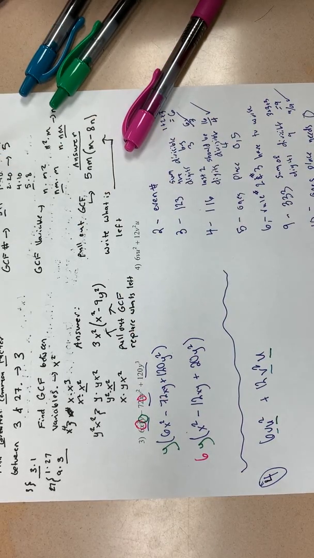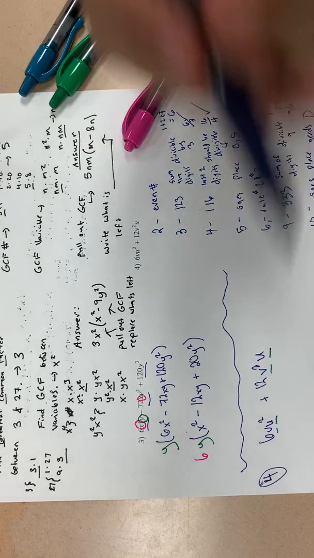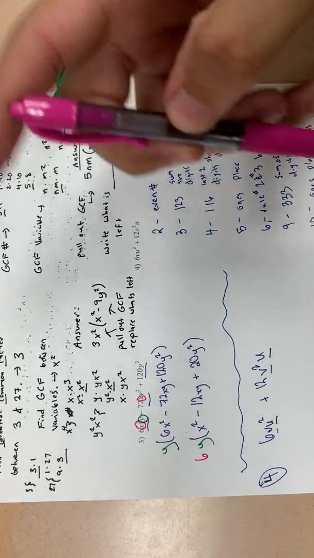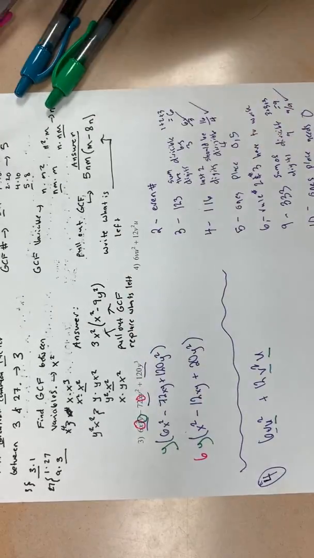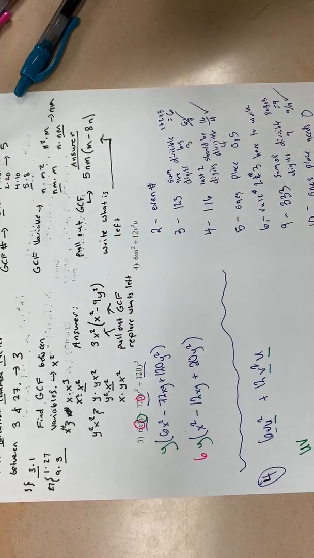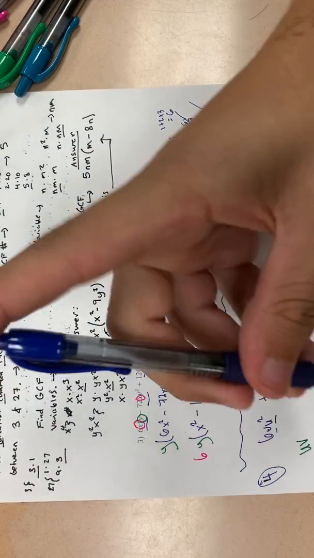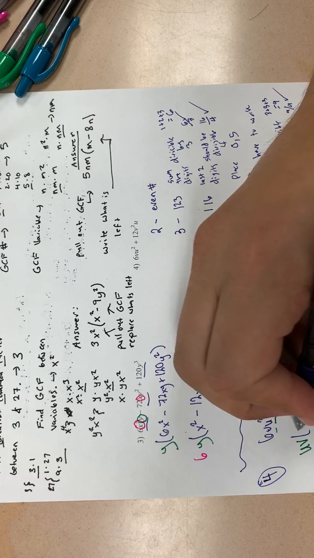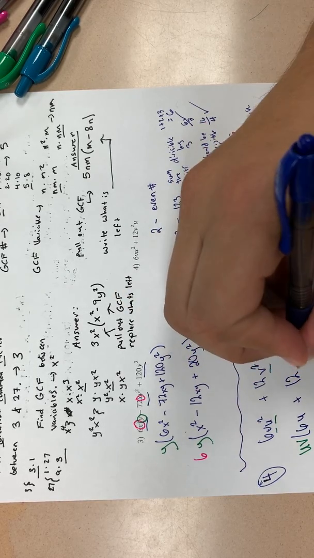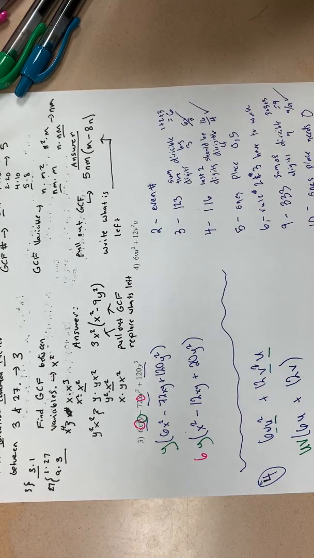So we have to see what our smallest u and our smallest v is, and it looks like our smallest v is here with 1, and our smallest u is here with 1. So that means we can only pull out a u and a v, leaving behind in our first one a 6u plus a 12v, like so,